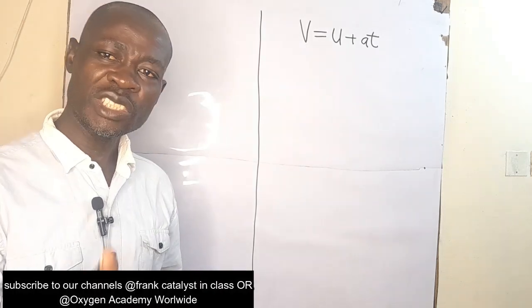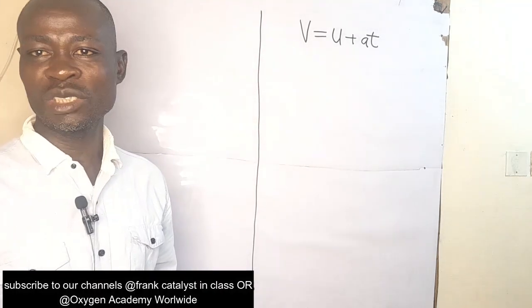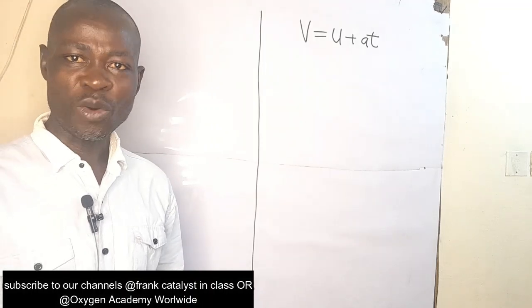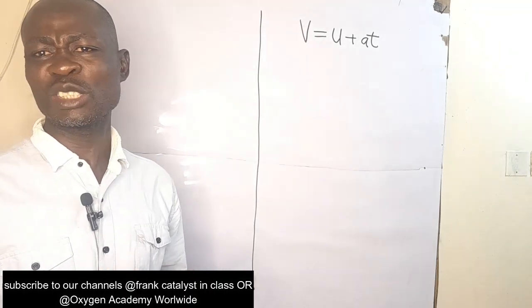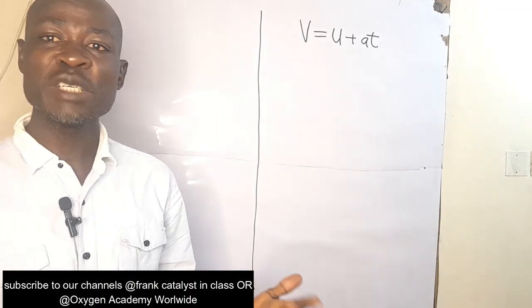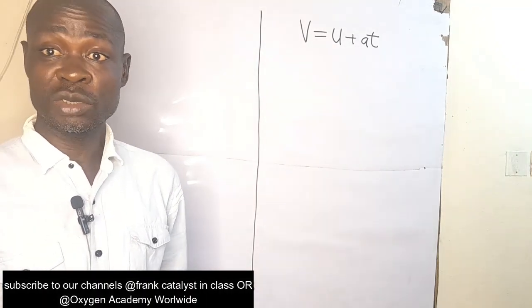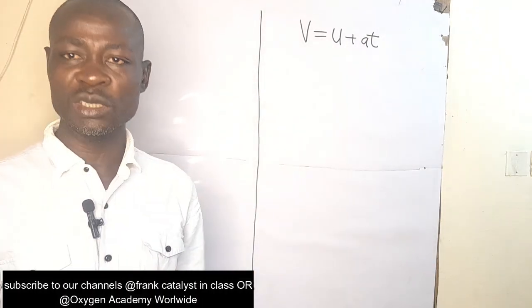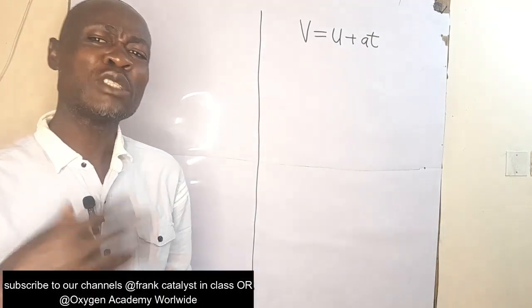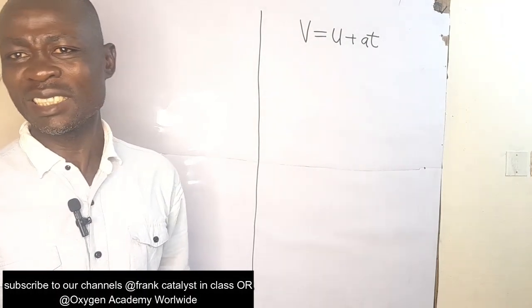Okay, so most times when students see an equation, especially in physics or mathematics, they find it very difficult to assimilate, and it becomes very boring because they don't know the origin of the equation. A teacher might just say a certain statement and then bring out an equation, and the student might be wondering, where did this equation come from?